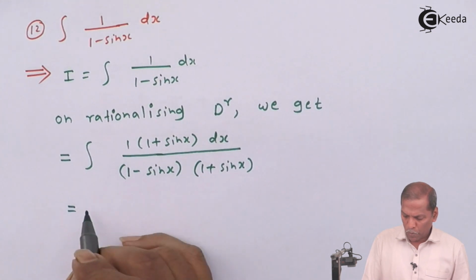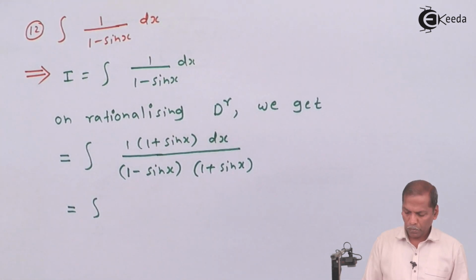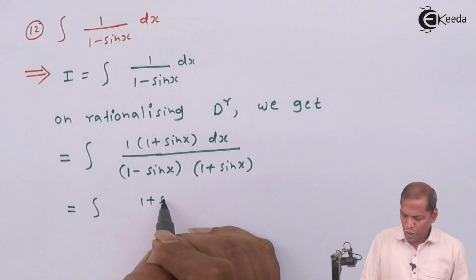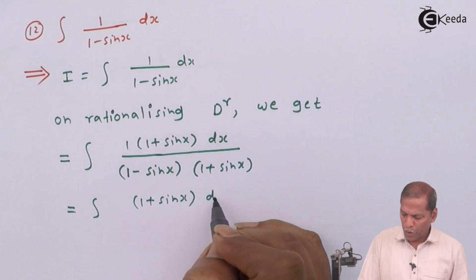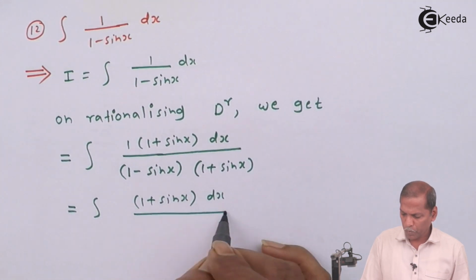So this is equal to the integral of 1 plus sin x, bracket complete, into dx upon